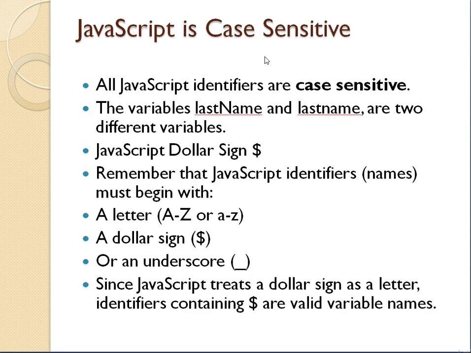Then come to JavaScript is case sensitive. Yes, case sensitive. What do you mean by case sensitive? Case sensitive means that uppercase and lowercase matter: the variables lastName and lastname, in this one n is small and in this one N is capital, are two different variables. So remember, JavaScript identifier names must begin with a letter, a dollar sign, or an underscore. Since JavaScript treats a